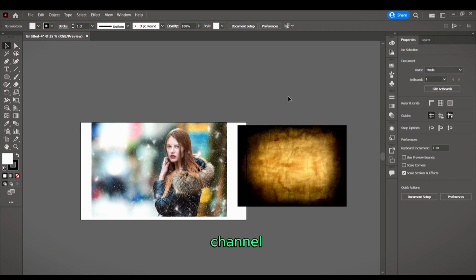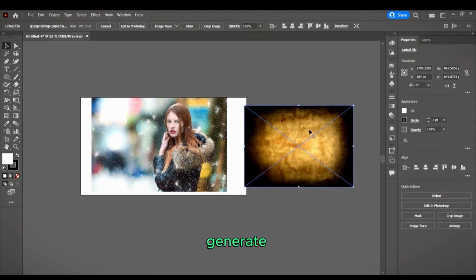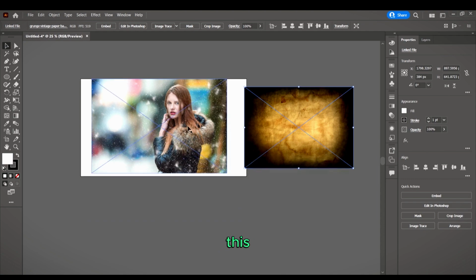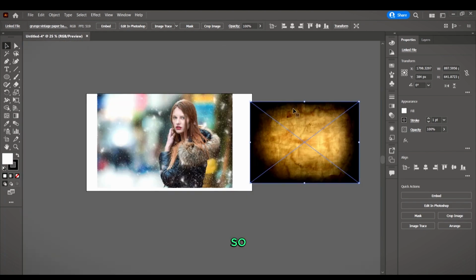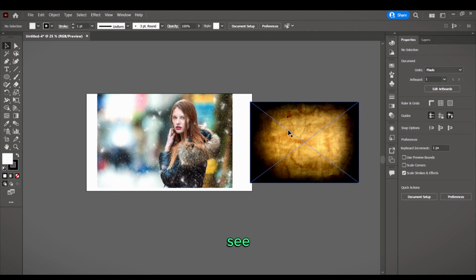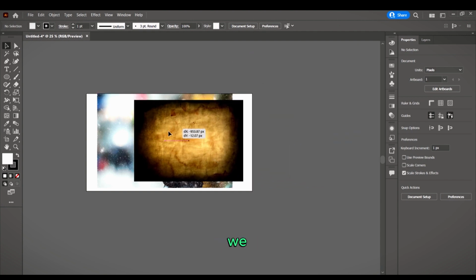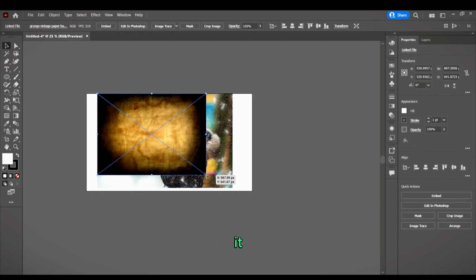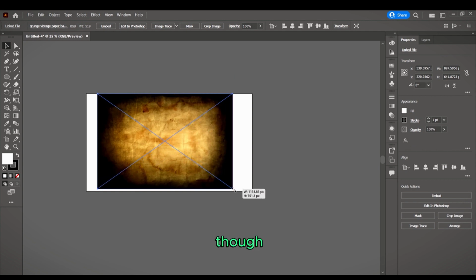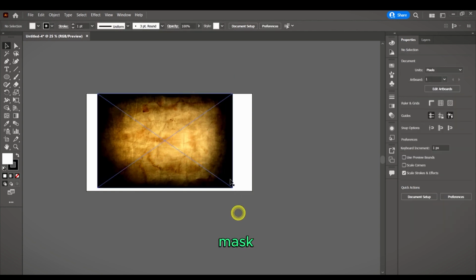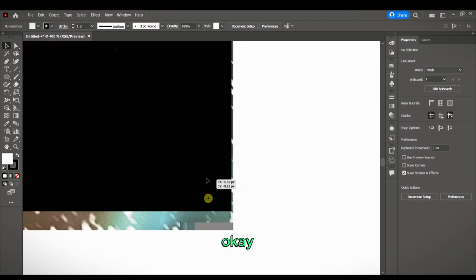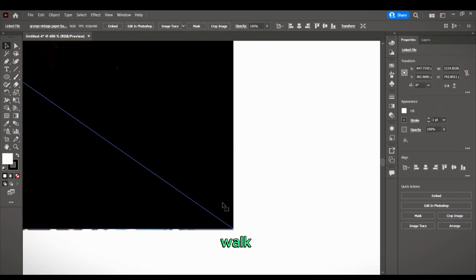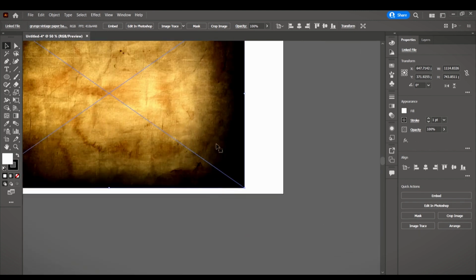the opacity channel. So I want to use this image to generate my opacity mask in this example. Okay, so we're going to see the effects we can achieve with this in a short while. So select the image, bring it on top of the other image. Okay, so the mask has to be on top for this example to work. So bring the mask on top